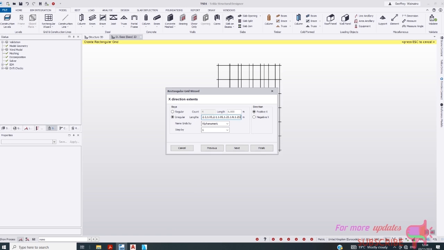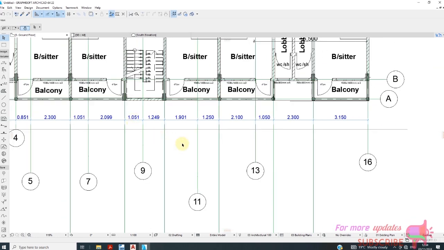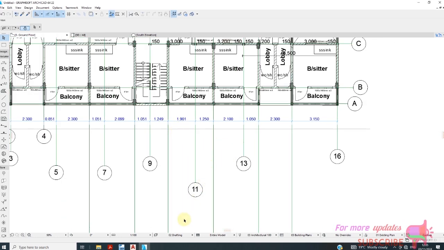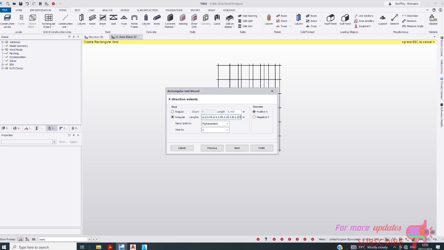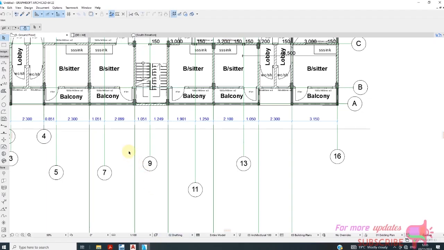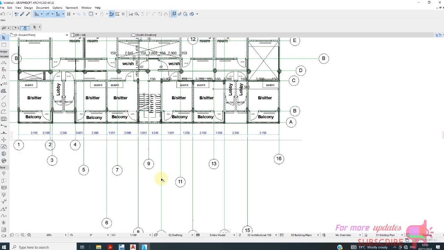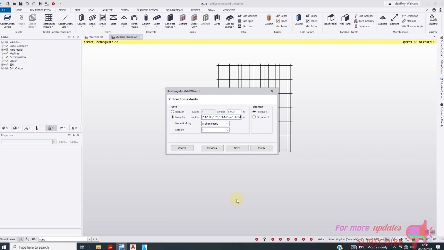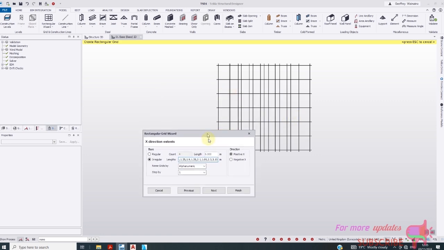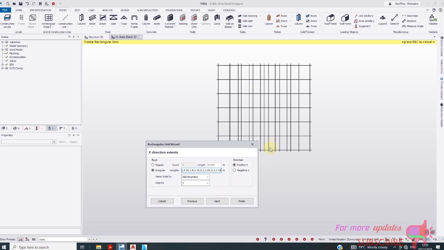Then comma, 2.1, and then 1.05, comma, 2.3, and then 3.15. Next,